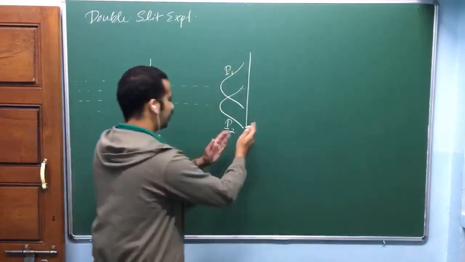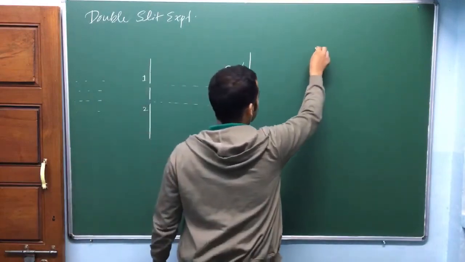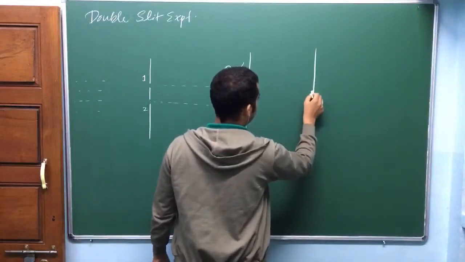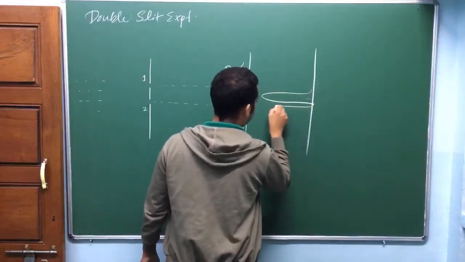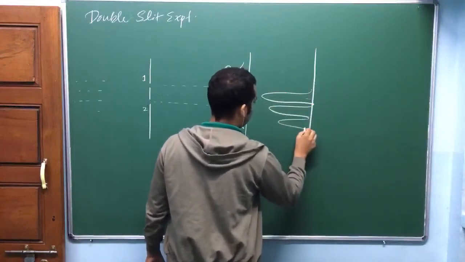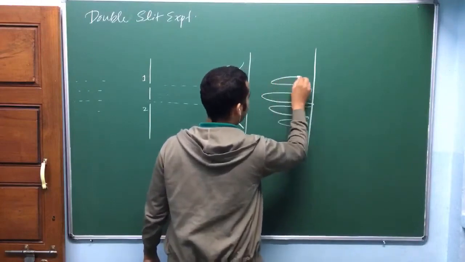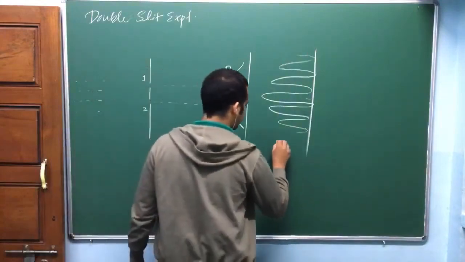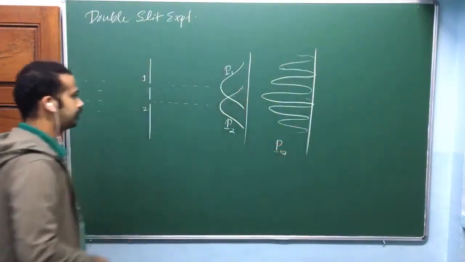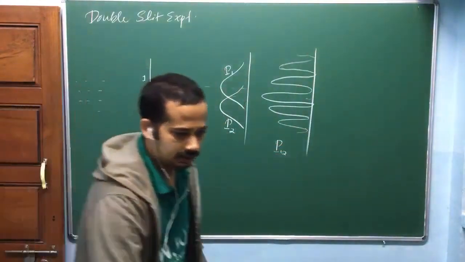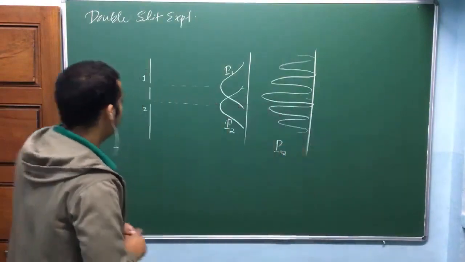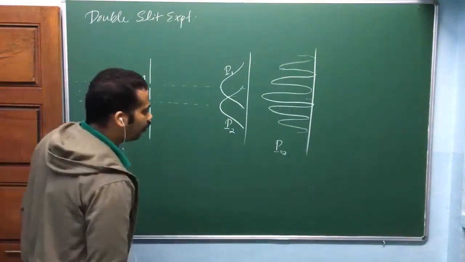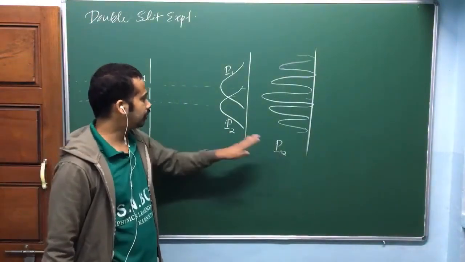Again, look here, I am not moving the screen. When we expose both slits, we got this kind of pattern, approximately. We call this one P12, when we expose both of the slits, that we have seen. Now look here. How do we relate P12 to P1 plus